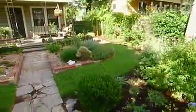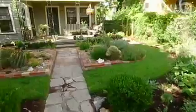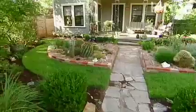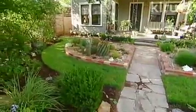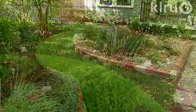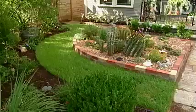So, we just kind of worked at it, and we had dealt with a lot of really organic things and wandering paths and stuff, and it just didn't work in this small of a space. So we really went with a very formal, very structured shape to the yard, and then the plantings became much more loose and wonderful. In their new beds, Mark and Briana recycled layers of newspapers covered by mulch to stifle